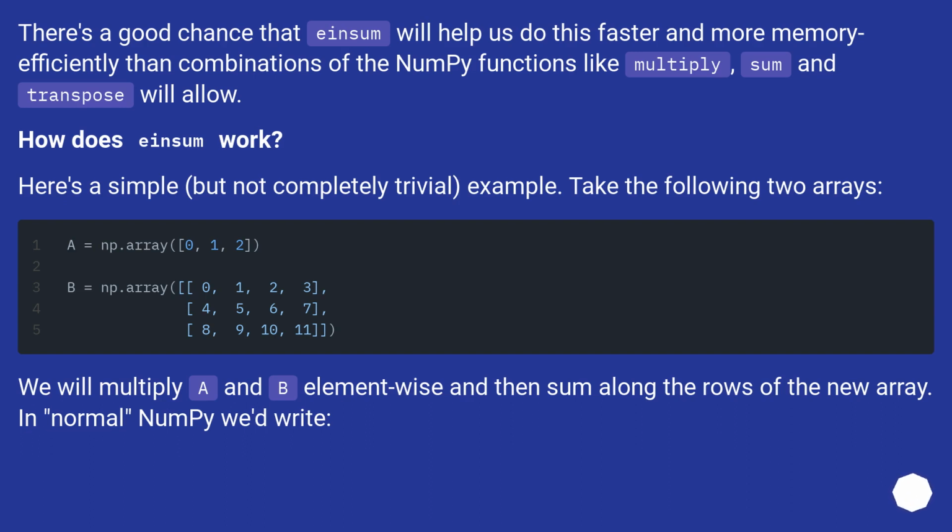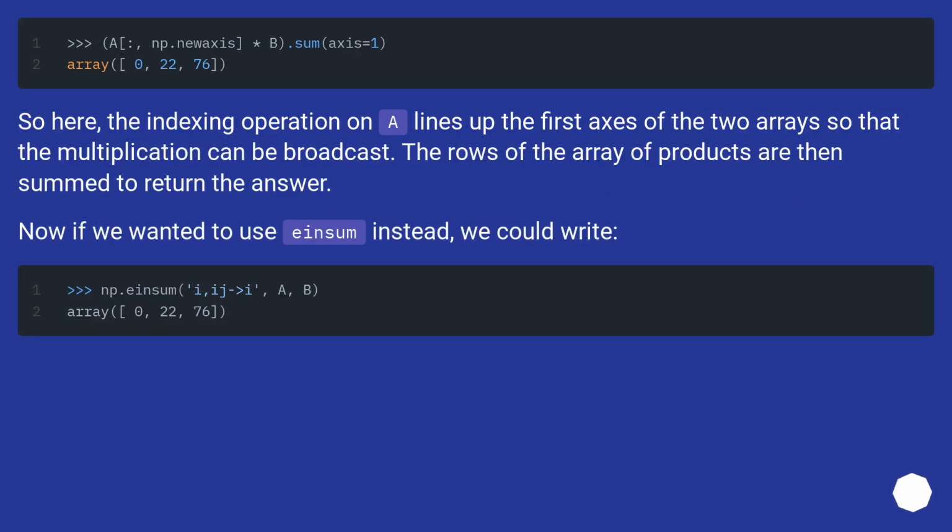We will multiply A and B element-wise, and then sum along the rows of the new array. In normal NumPy we'd write this. So here, the indexing operation aligns up the first axis of the two arrays so that the multiplication can be broadcast. The rows of the array of products are then summed to return the answer. Now if we wanted to use einsum instead, we could write